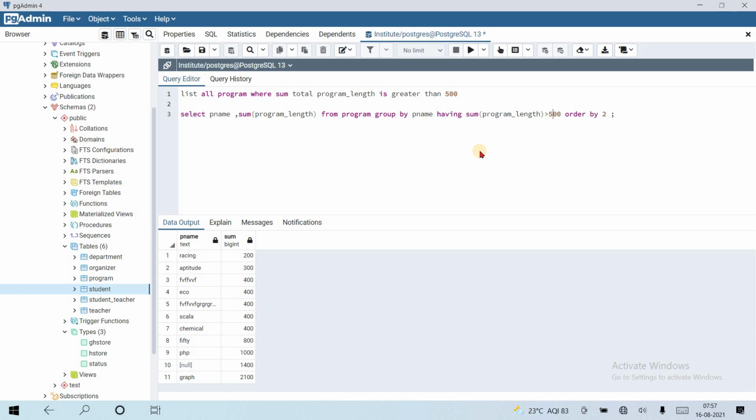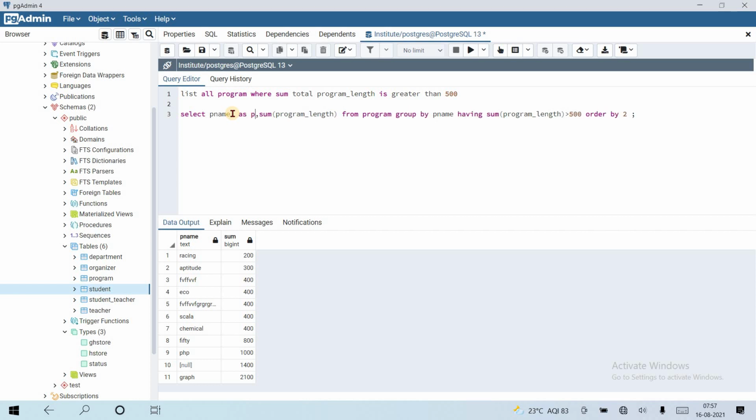So can we use column alias with the having clause? I have told you previously. Okay, let's see with the help of an example. So select p name. Let's try column alias.